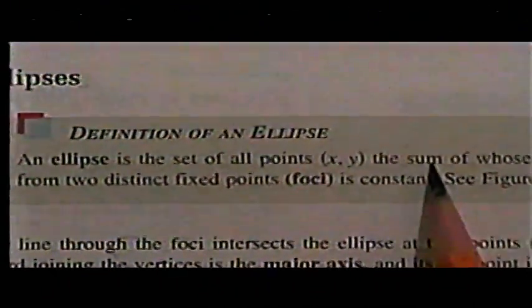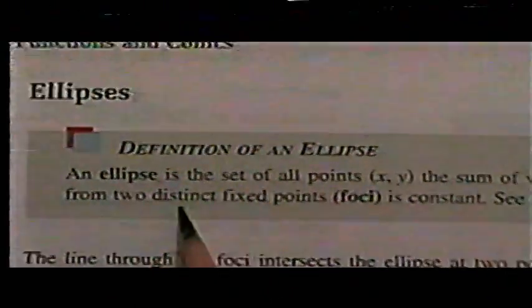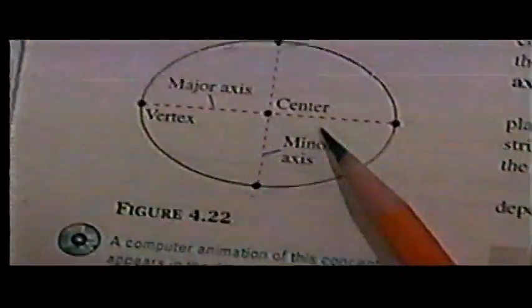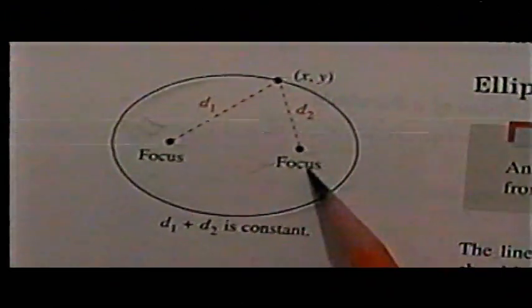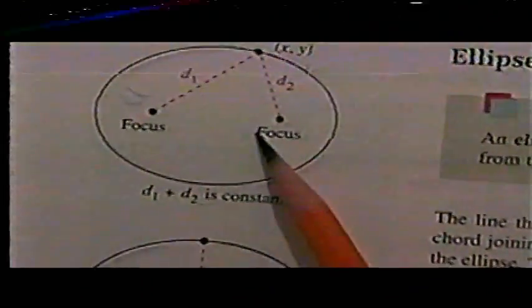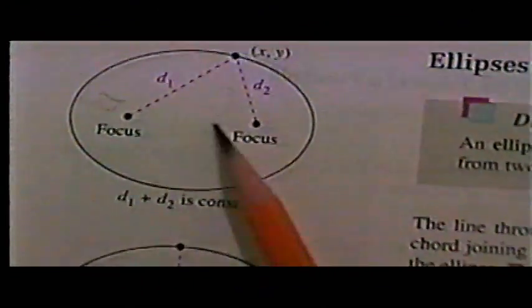Definition of an ellipse. An ellipse is the set of all points (x, y), the sum of whose distances from two distinct fixed points, which are called foci, is constant. See figure 4.22. And if we look at figure 4.22, we see that you have two fixed points here, focus 1 and focus 2, which are the two foci, and